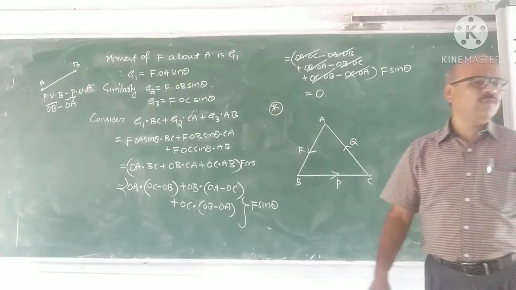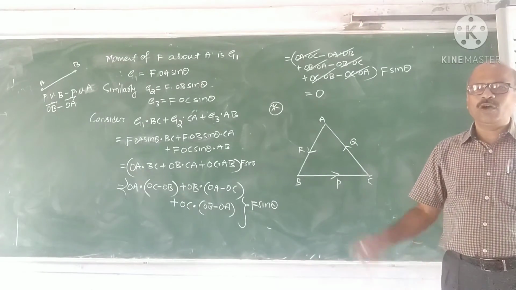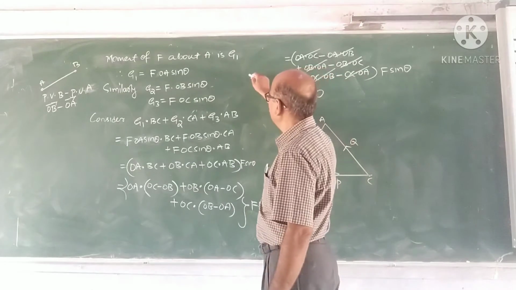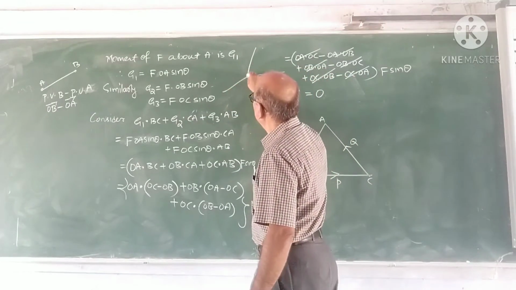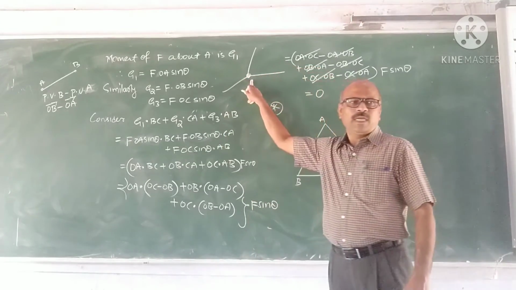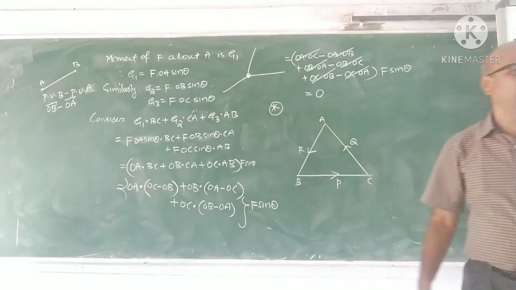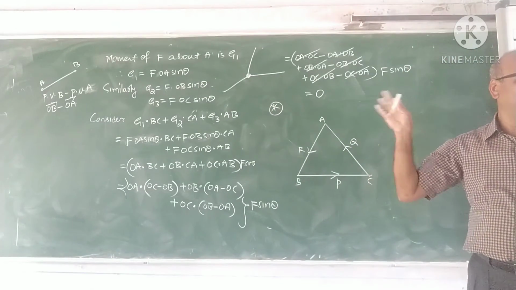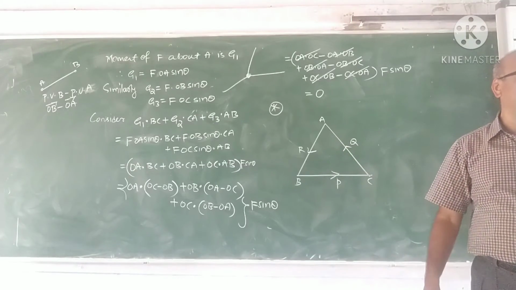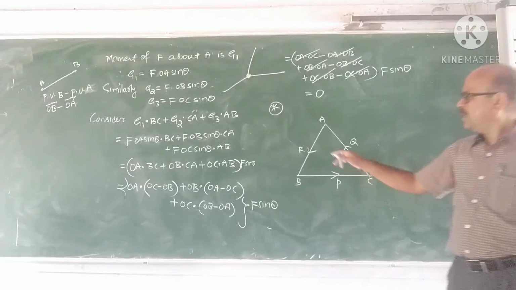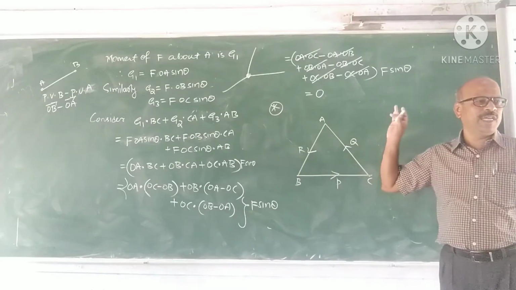We have studied the triangle of forces. What is the triangle of forces? If three concurrent forces can be represented by the sides of a triangle taken in order, then they are in equilibrium. Their resultant is 0. But see, what is the difference here? Can you find any difference? Here, they are not concurrent. They are acting on a rigid body.